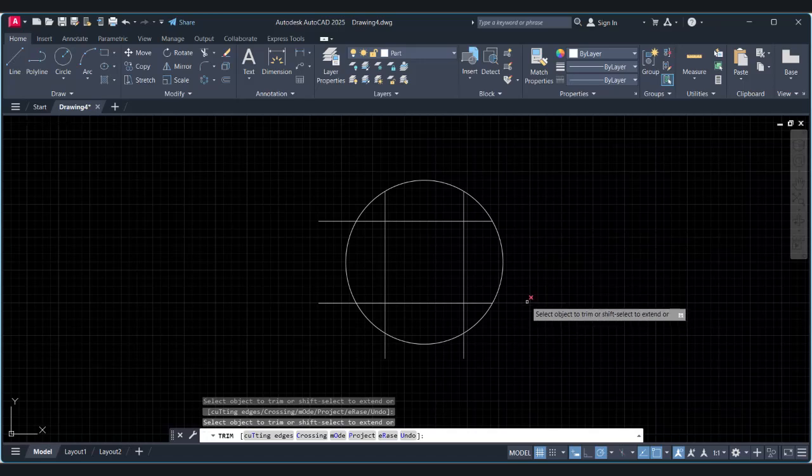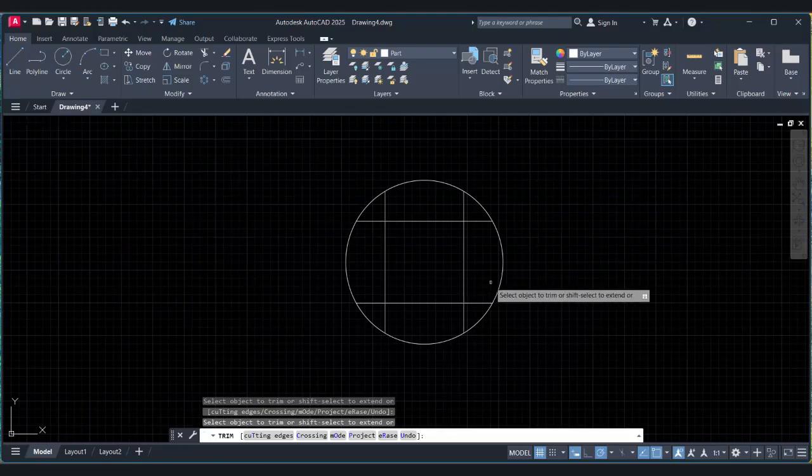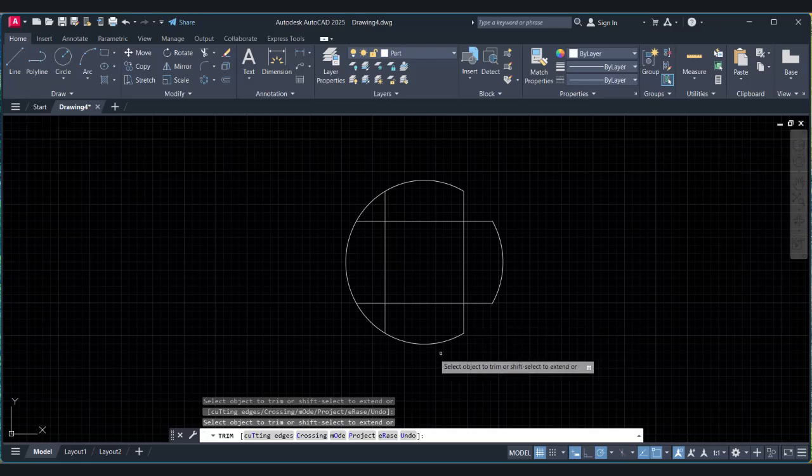trim these extended lines like that. And also here you can see this circular portion and this portion we also don't need, and I am also going to trim this one, this one, this one, and this one. Okay,